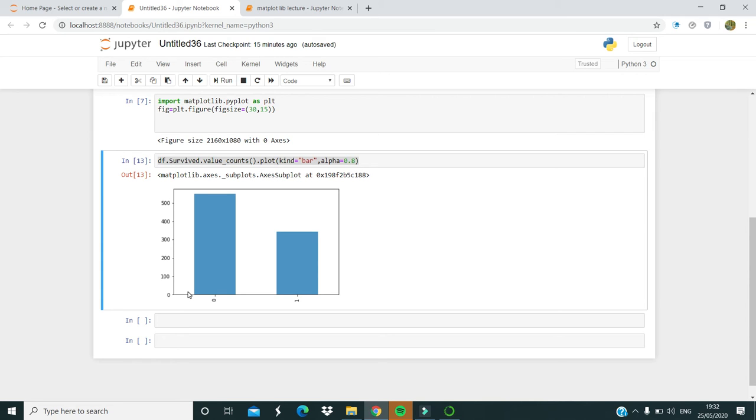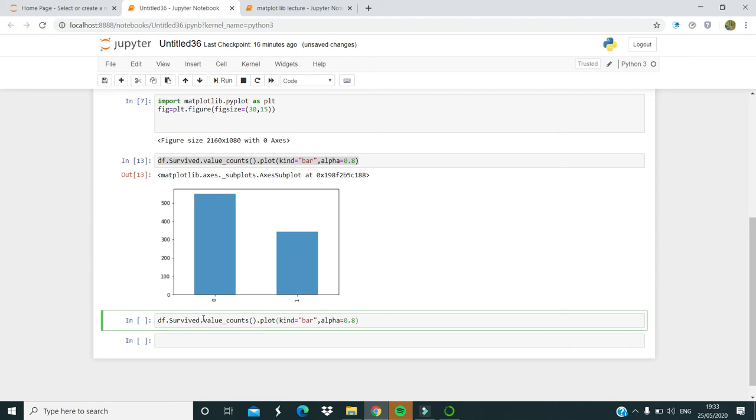But if I want to view it in a percentage, for that what I have to do, let's say I just copy it and write it.